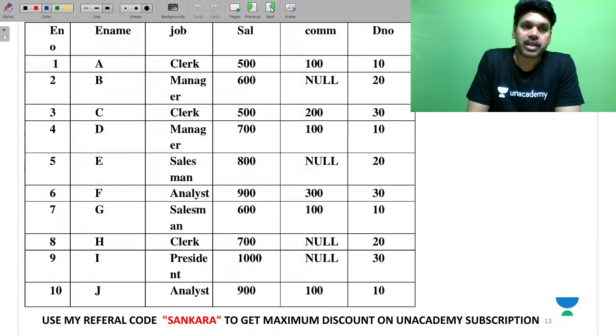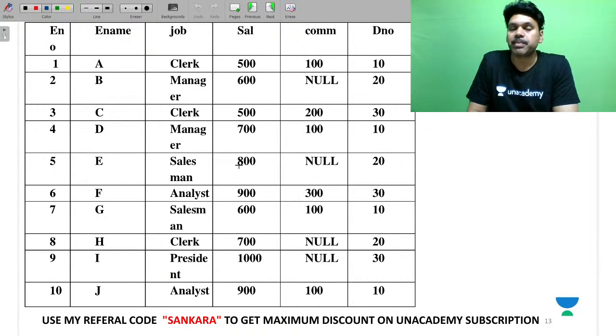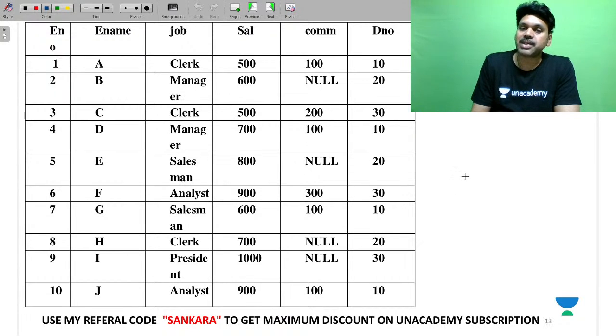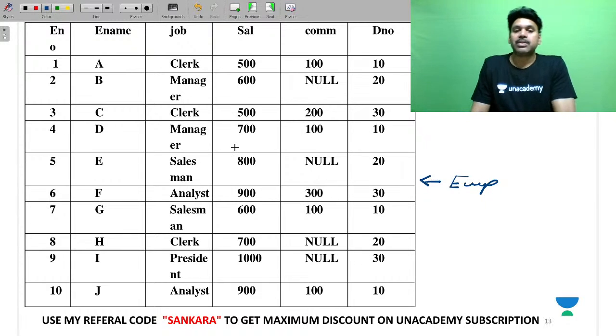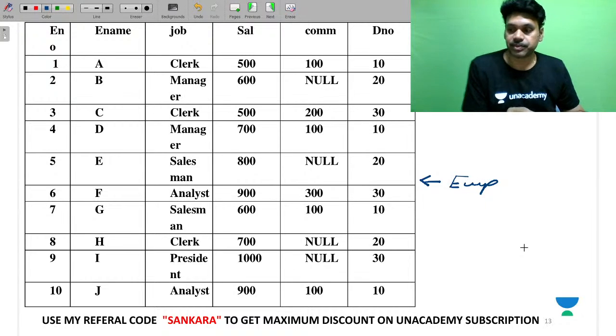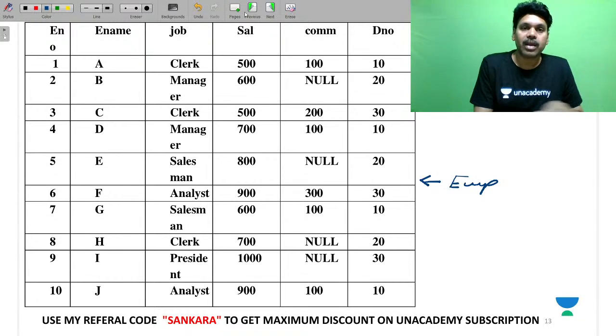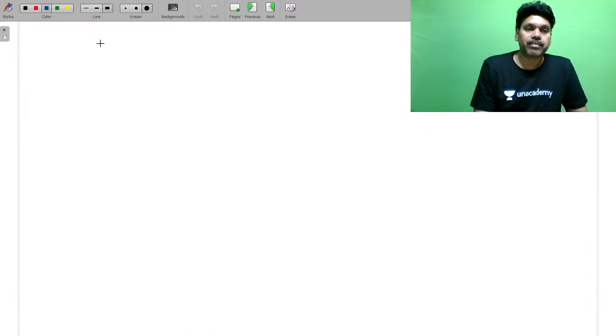Now you see, I'm going to take the database of employee. This is the database I want to use throughout this lecture. So let me start with the first example with your select clause: select asterisk